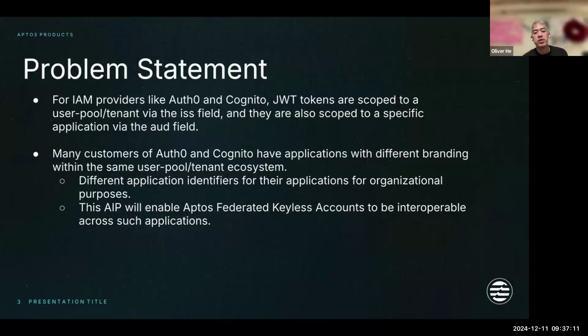A lot of this is in the design of keyless accounts. These accounts are generally scoped to the application and user. So for a given JWT, it's scoped by certain claims within the JWT, including the issuer, which defines the identity provider, the aud, which defines the application, and the sub, which defines the user. And so a given account isn't really portable across applications. And this is done by design because